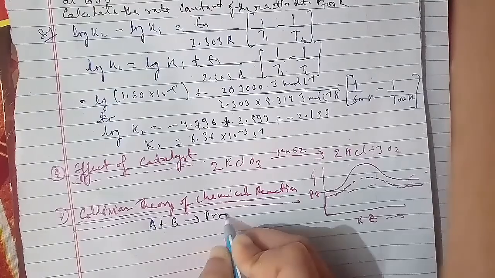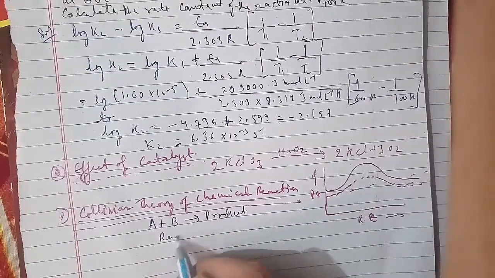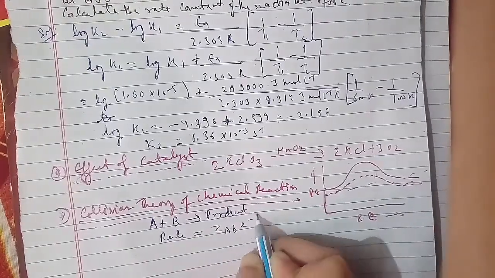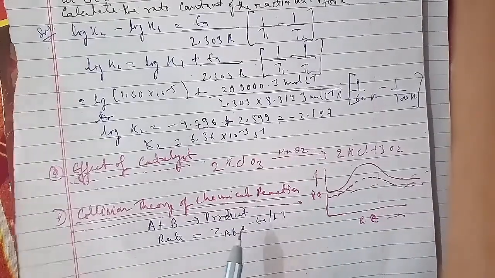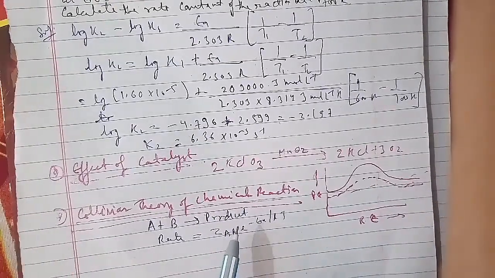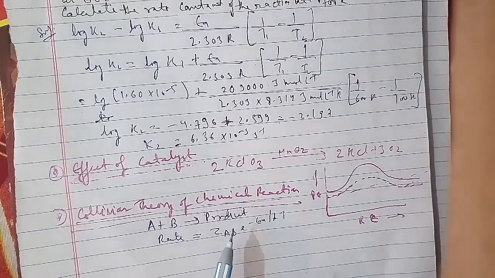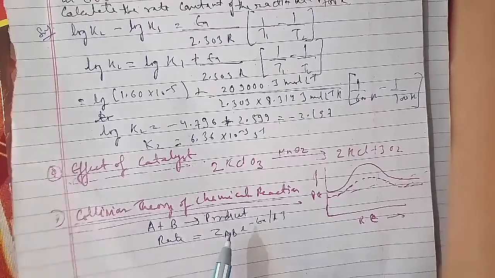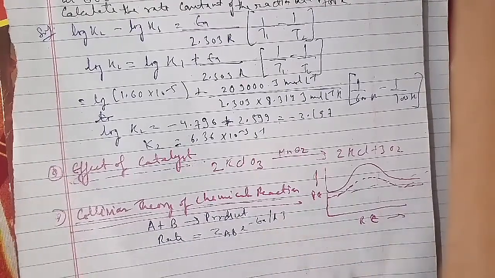This predicts the value of the rate constant fairly accurately for reactions that involve atomic species or simple molecules, but for complex molecules significant deviations are observed. The reason is that not all collisions lead to formation of product. Collisions in which the molecules collide with sufficient kinetic energy, called threshold energy, and the proper orientation, so as to facilitate the breaking of bonds between the reacting species and formation of new bonds to form products, are called effective collisions.